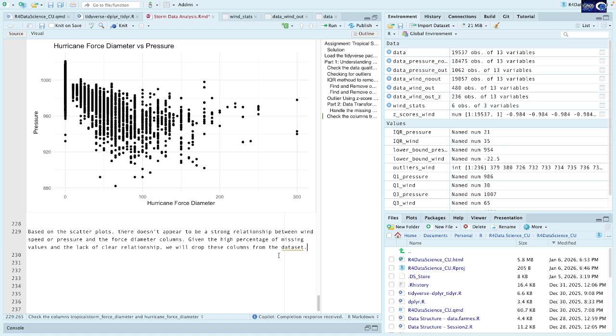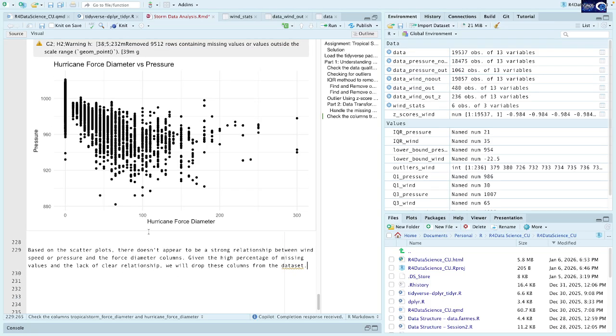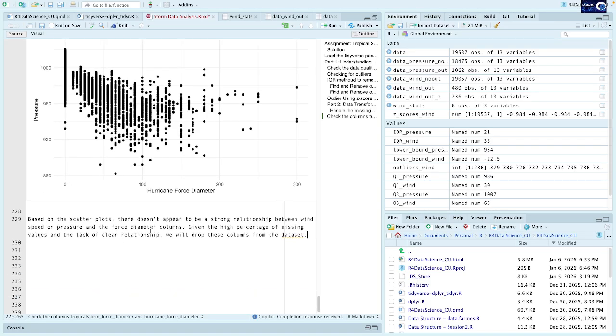So in that case it's not contributing anything to the analysis. But still, we'll drop this column for the entire data analysis, but we'll see if there is any relation with